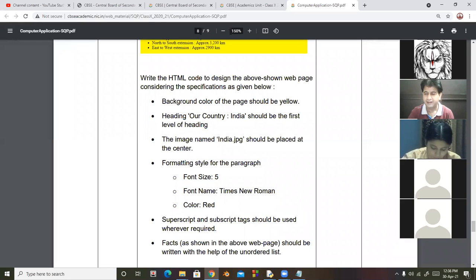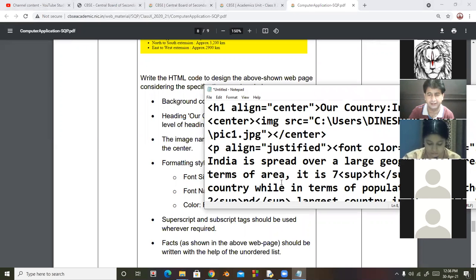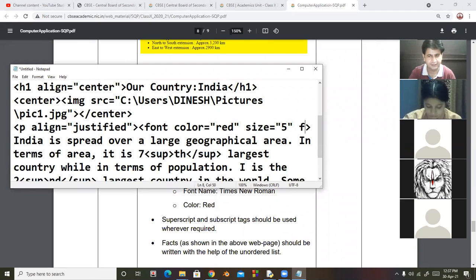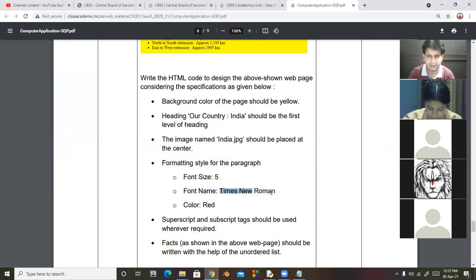If the guidelines are silent, you can take any. But here the question is telling about the size and face. So I am taking here font color red, size I had taken 5 on my own. Now here face equal to, they are saying Times New Roman.